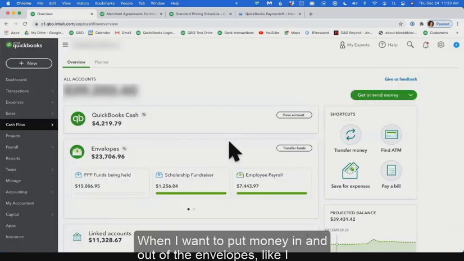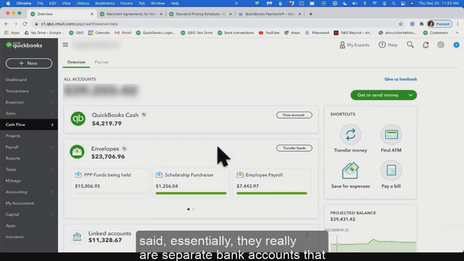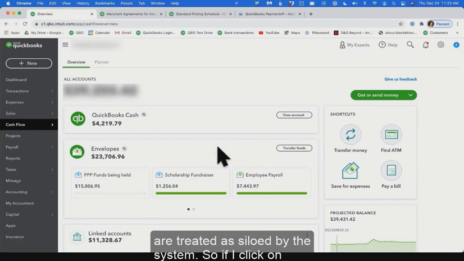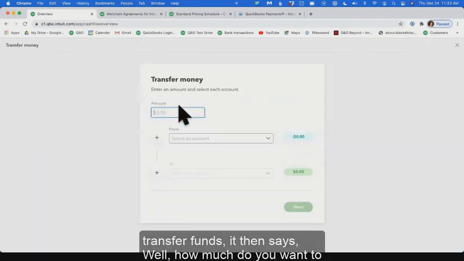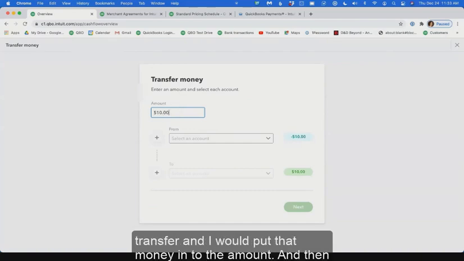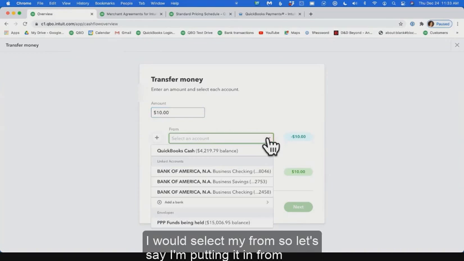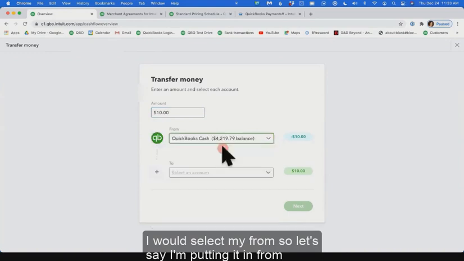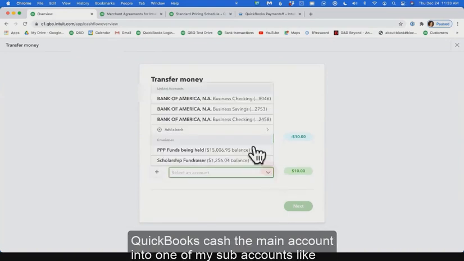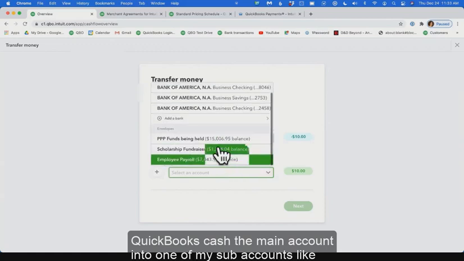When I want to put money in and out of the envelopes, like I said, essentially they really are separate bank accounts. They're treated as siloed by the system. So if I click on transfer funds, it then says, well, how much do you want to transfer? And I would put that money into the amount. And then I would select my from. So let's say I'm putting it in from QuickBooks Cash, the main account, into one of my sub accounts, like